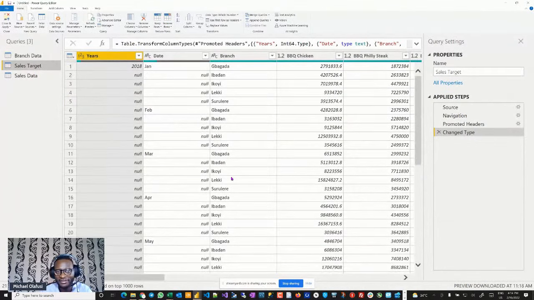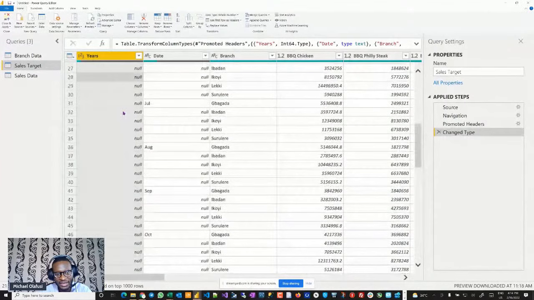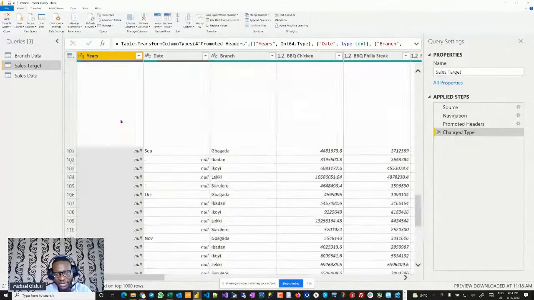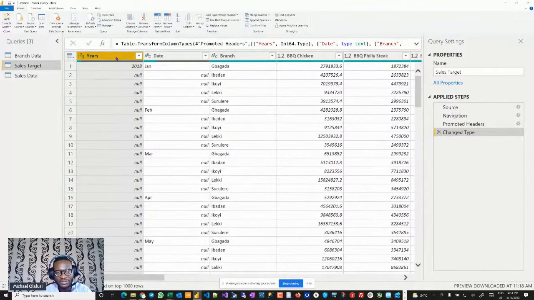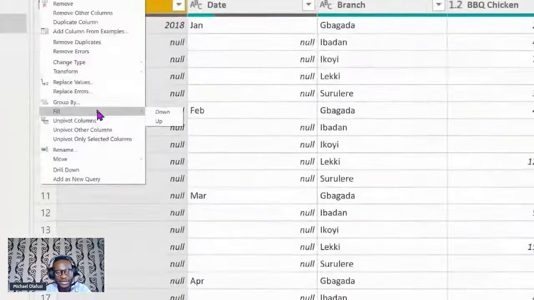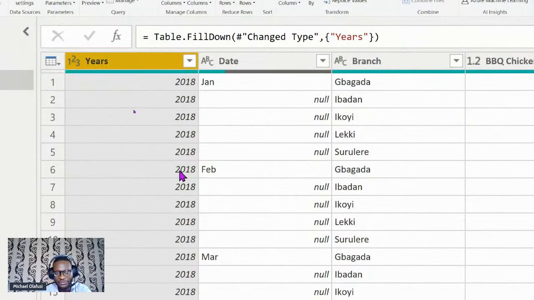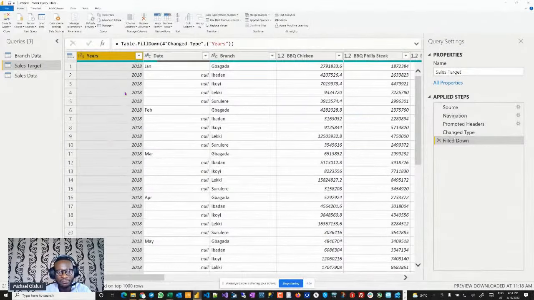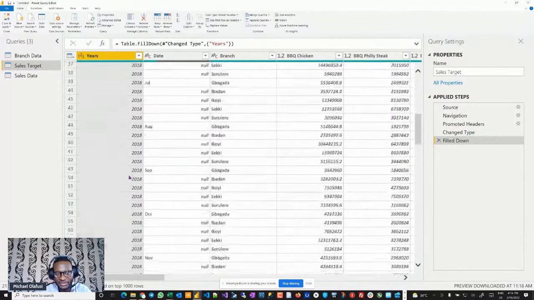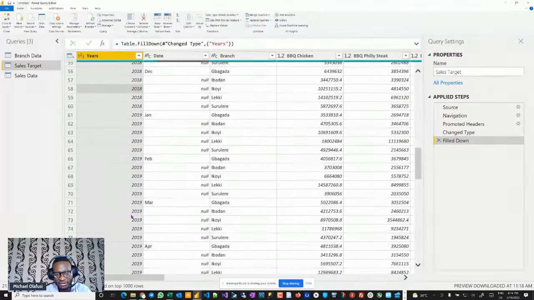So I go to the sales target, right? And if you look at sales target, I'm seeing some obvious issues. It's proper if these years are showing correctly instead of null. This is the old 2018, and it's showing null right until it gets to another year. So what am I going to do? I'm going to tell it to fill down. There is this function called fill down. Once I do that, it will properly fill in the year across the rows in that field. So it understands that 2018 applies all the way till it gets to 2019, and then from 2019, it begins to apply it downwards. Are you seeing that happening?